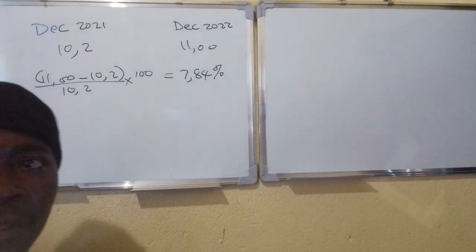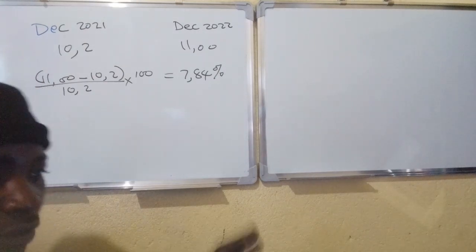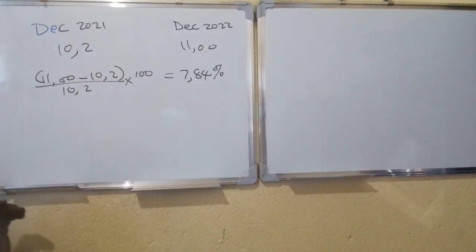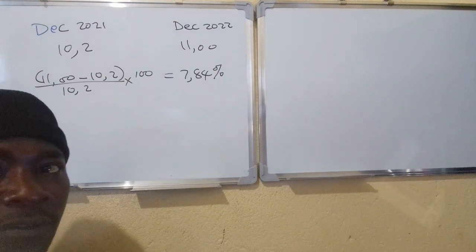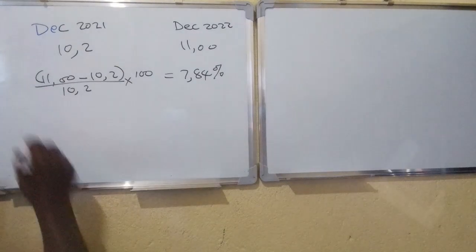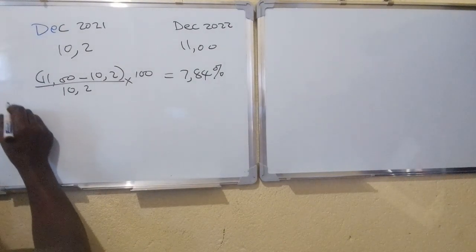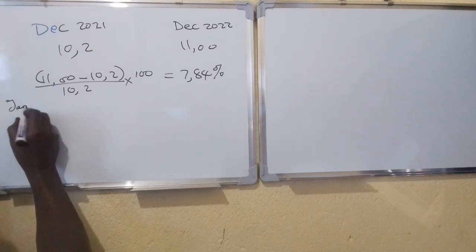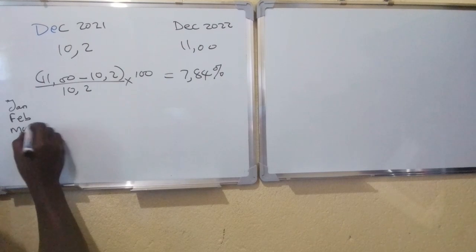It's in your notes, by the way. You don't have to memorize from my voice. It's in your notes. Double check it. And then let's look at method number 2. Method number 2 is annual average on annual average. What they do, they add inflation for January, February, March, the consumer price indexes,